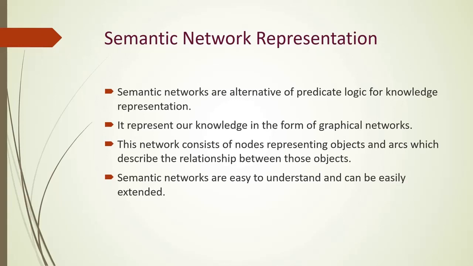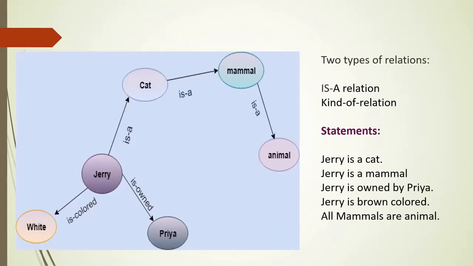This network consists of nodes representing objects and arcs which describe the relationship between these objects. Semantic networks can categorize objects in different forms and can also link these objects. Semantic networks are easy to understand and can be easily extended. This representation consists of two types of relationships. The first is the IS-A relationship, and the second one is the kind-of